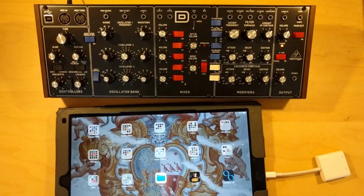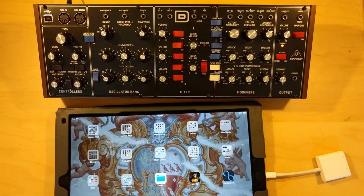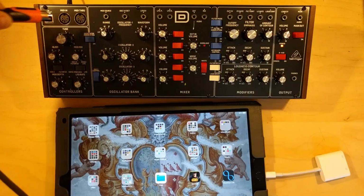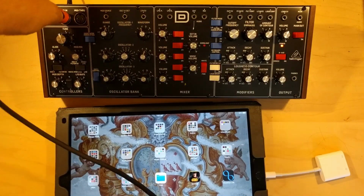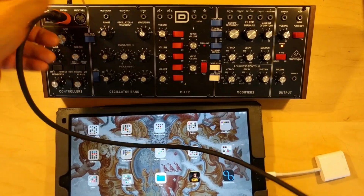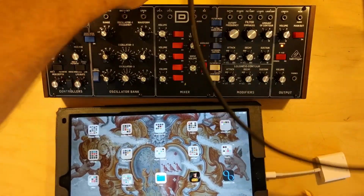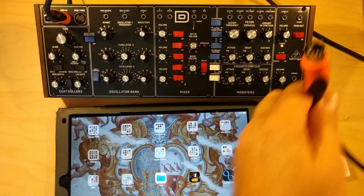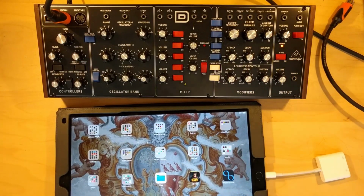Okay. I need a MIDI cable to hook my keyboard into the Behringer. So there we go. There's a MIDI cable. I'm going to run this over here. Here's my other MIDI end. Now,